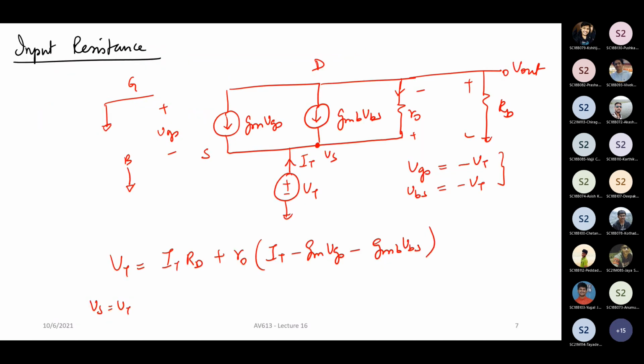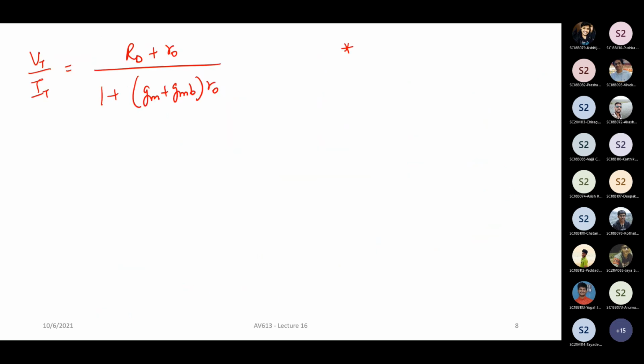Okay, so this is how you calculate. You just substitute this and this one, you'll directly get the final expression. Now, the first thing to note is that Rd impacts Rin. Or in other words, the resistance that you put at the output is going to impact your input impedance. And that impact is happening because of